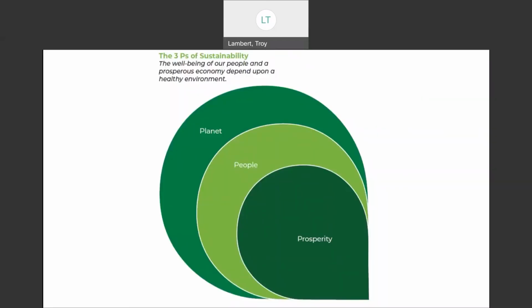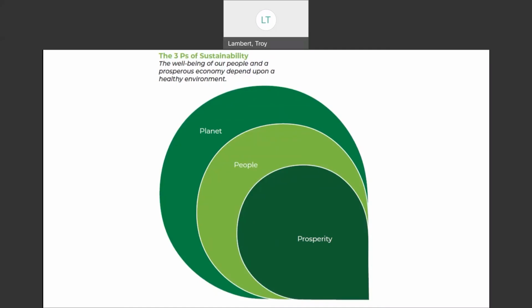Another way to think about sustainability is along the 3 Ps of sustainability. So the 3 pillars are often planet, people, and prosperity. That means that when we're thinking about sustainability, we want to be thinking along these 3 spheres. A lot of times people might think that it's only environmental sustainability, but that's not the case. We want to be thinking about people's well-being and social equity as well.